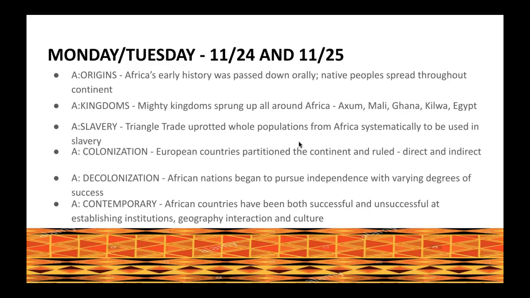Now, while you type that last point down, let me just explain what I mean by that. It is true that when it comes to looking at Africa's history, we can spot many different points of great success and great achievement, but we can also find very sad moments of great detriment, for example, civil wars and genocide. However, when we take an objective look at Africa's history as a whole, we can see a clear picture coming into view. And that is what we're going to be focusing on specifically throughout the rest of the unit.